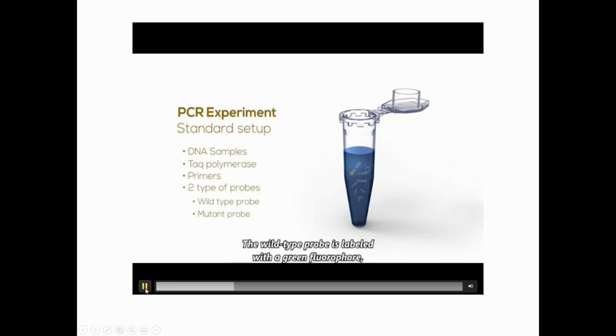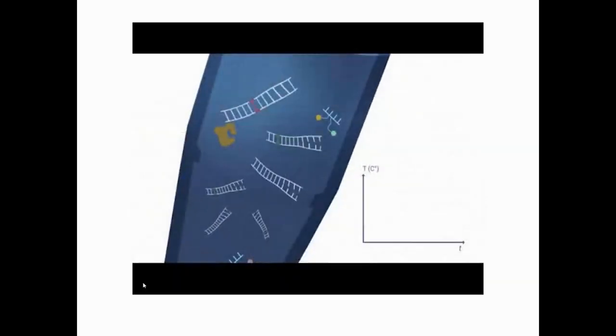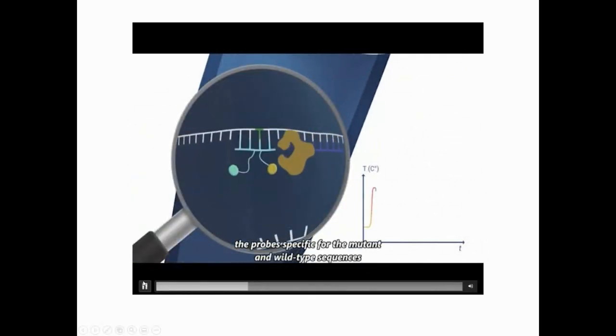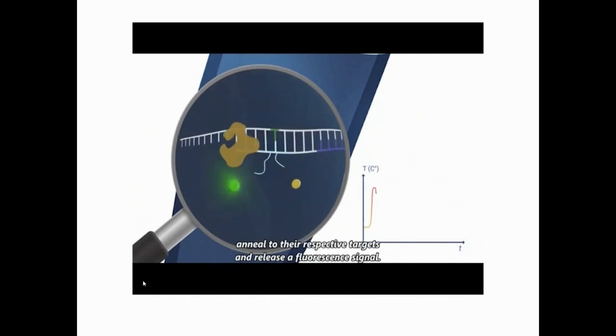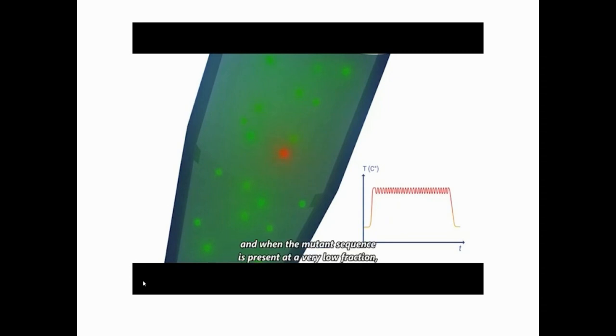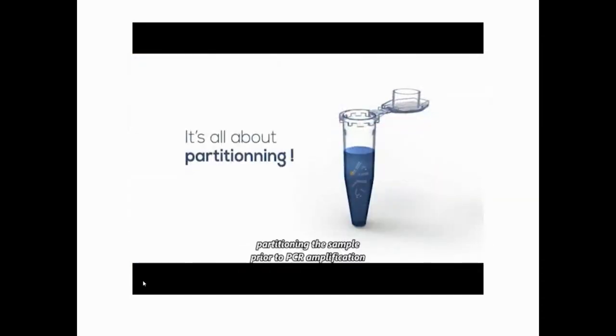The wild-type probe is labeled with a green fluorophore. The mutant probe is labeled with a red fluorophore. During the PCR amplification, the probes specific for the mutant and wild-type sequences anneal to their respective targets and release a fluorescent signal. However, in a bulk reaction, the signal of the mutant target is in competition with the signal of the wild-type one. And when the mutant sequence is present at a very low fraction, it may not even be detected. To overcome this problem, digital PCR relies on a basic principle: partitioning the sample prior to PCR amplification